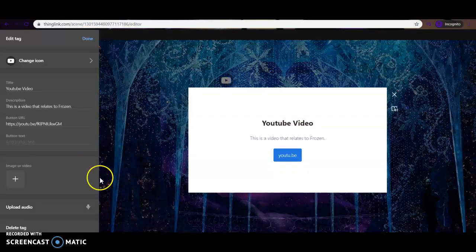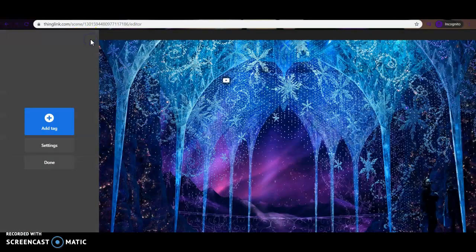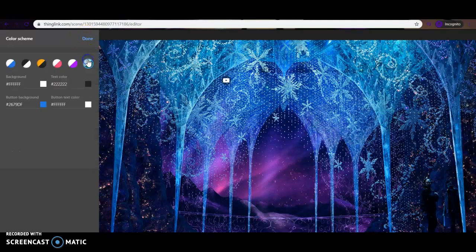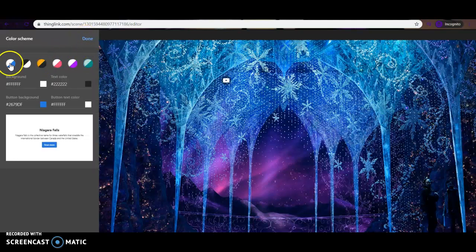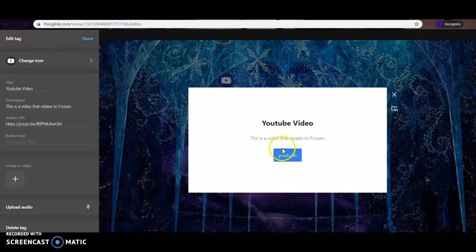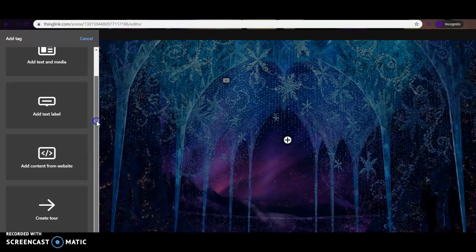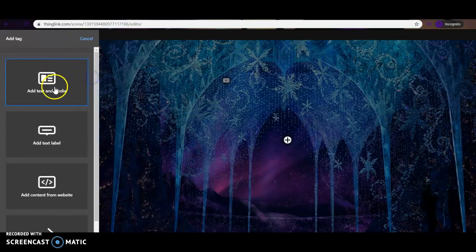You can make them bigger or smaller if you would like. You can delete them. You can edit them. There are different settings, so you can change it if you want all your colors to be one color over a different color. That depends on you. See, mine is the blue shade. Then you click Done. Once you want another tag, if you want something specific from a website or from, say,